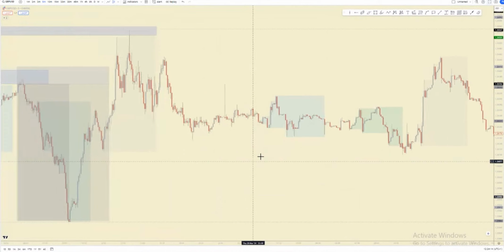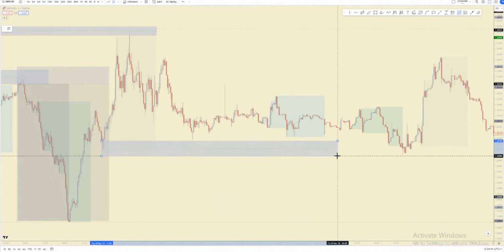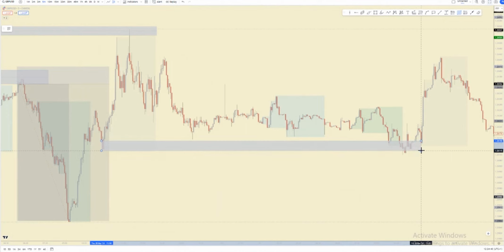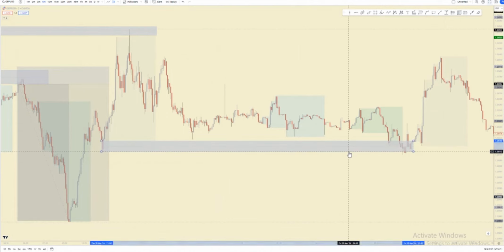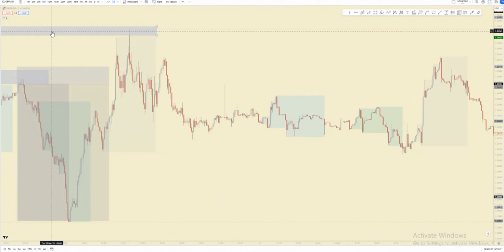What do you think Asia was doing here? Consolidating. Good. This is a clear consolidation because Asia has made a high, made a low, and traded in between. A very clear consolidation. And now, if we look to the left, there's no valid one. Okay, there's a demand zone right there that we could trade from, and that's exactly where price reacted from. But let's look at it as a case 1A.